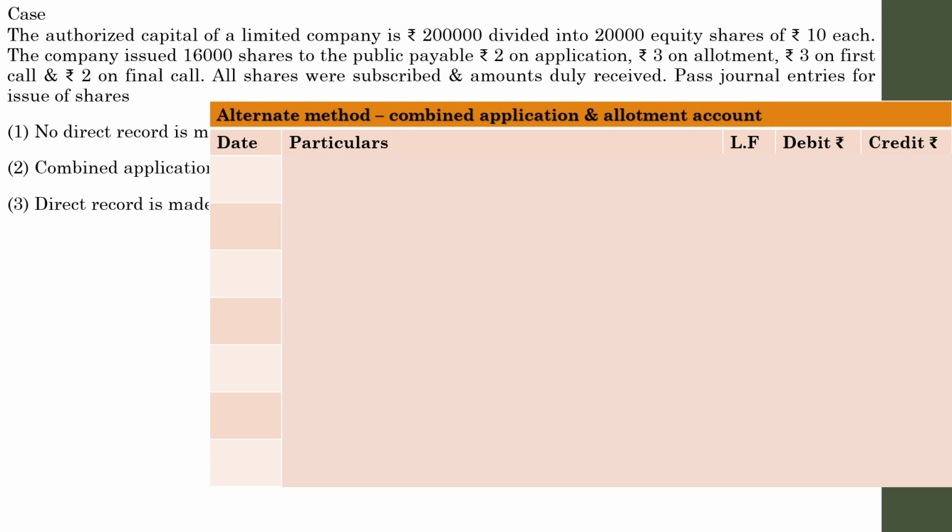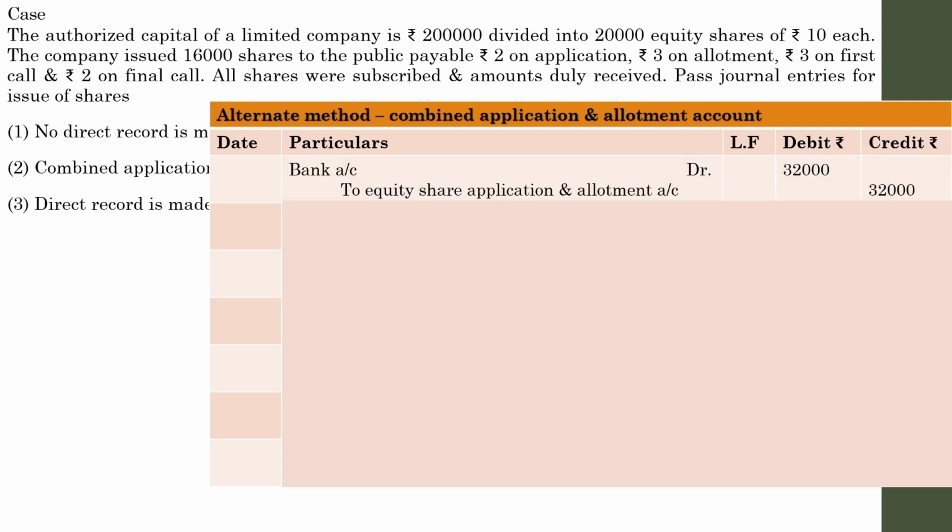In the case of the alternate method, remember, in the due entry you will bring together application amount details and allotment amount details, but at the time of payment, or at the time of entering payment entries, you have to write down the entry for application separately and for allotment separately. Remember that. Now let us discuss, then you will get the clear idea. First entry, let us begin with bank, because whenever the company issues shares, the first activity is receiving the subscription money, or the subscribers subscribe the shares of the company.